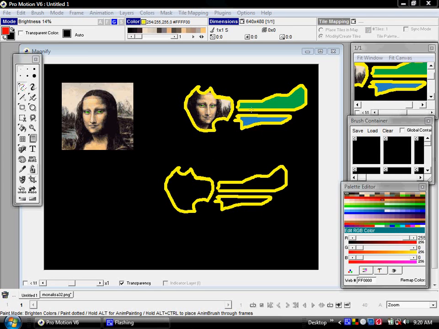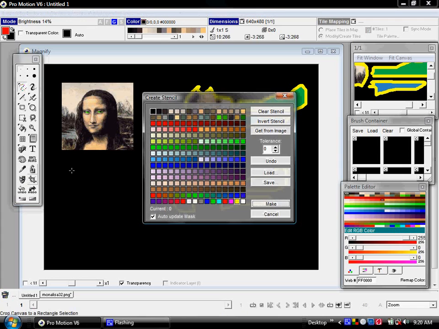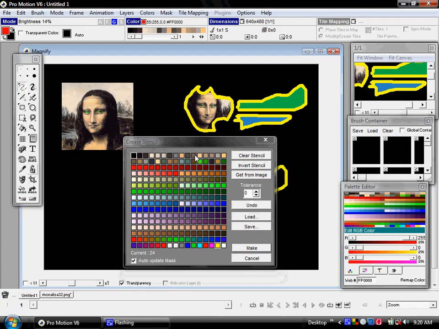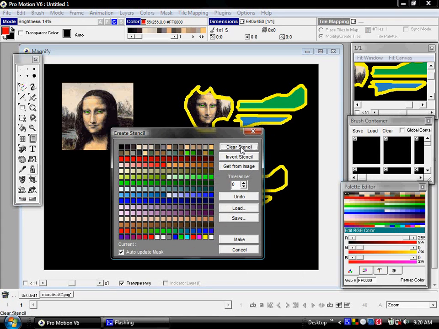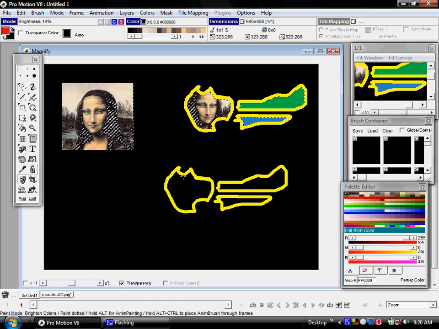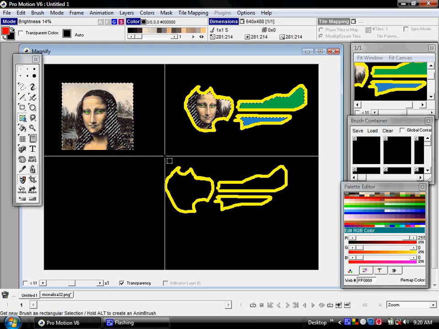So now you may be asking, why did I bother grabbing that frame in the first place? Alright, well, here's why. I'm going to turn on mask again by right-clicking, pull up the dialog, clear stencil, sketch an image. I'm going to click on the yellow color and the black color. I click on make because those are the colors I actually want selected, and those are the ones I want protected so I don't invert. And click on make.